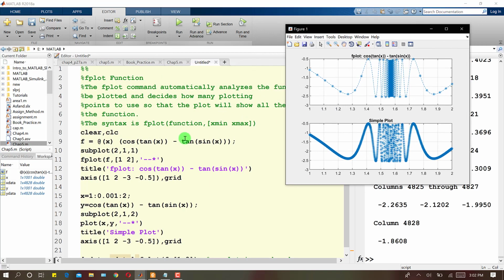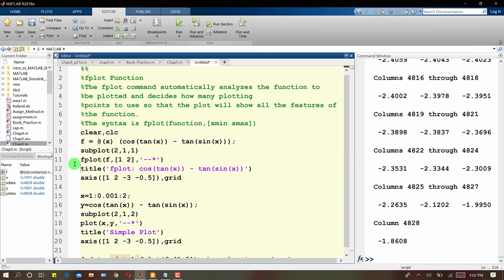Here we can see that I have used this fplot function. This is the syntax for the fplot function. We will write fplot and then the function. This fplot function is a function that we have already discussed in chapter 3. It will take a function handle as an input, and then we will specify the ranges for the independent variable. In this case we have y is equal to f of x, so we will specify the x limits, x minimum and x maximum.